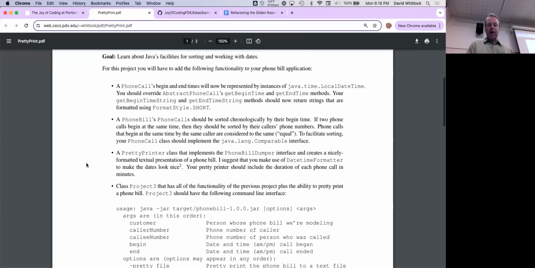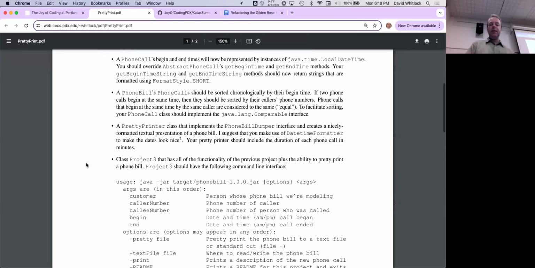So there are some new requirements coming in project 3, the third phase. The first one is that you'll now be leveraging the getBeginTime and getEndTime methods of your phone call to represent the beginning and end times of a phone call using instances of java.time.LocalDateTime. LocalDateTime is an object that represents a point in time, a date and a time.